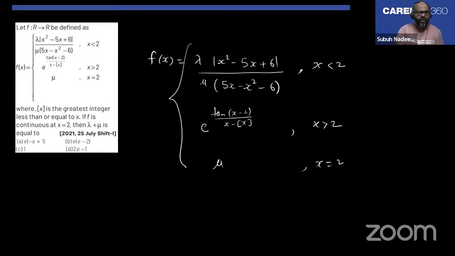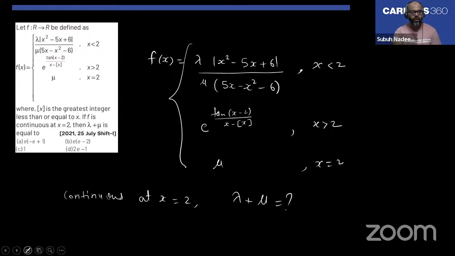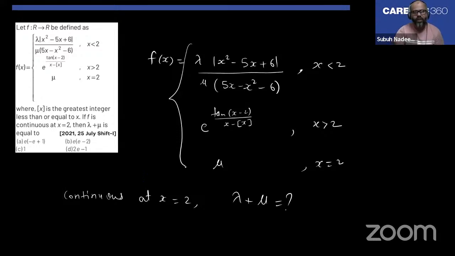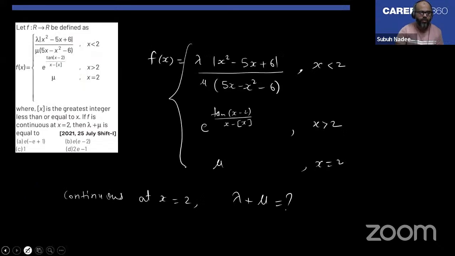They are saying that if this function is continuous at x equal to 2, then you have to find the value of lambda plus mu. Okay, so we can find individual values of lambda and mu, then we can add them. So first let us take the left hand limit. Limit x approaching 2 minus, and that will be lambda by mu